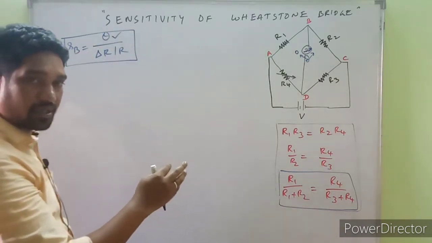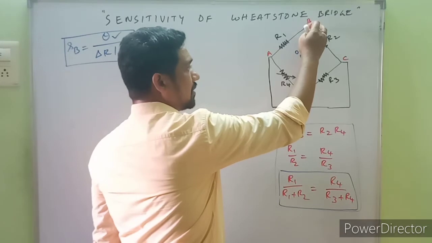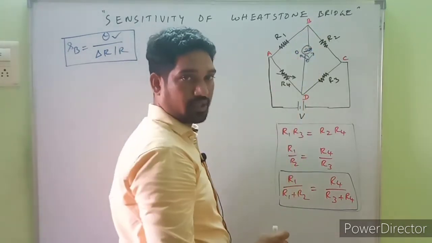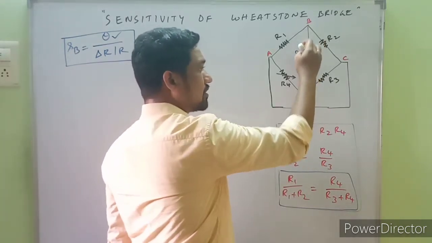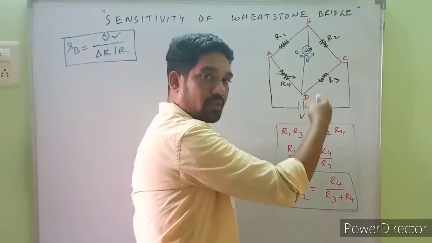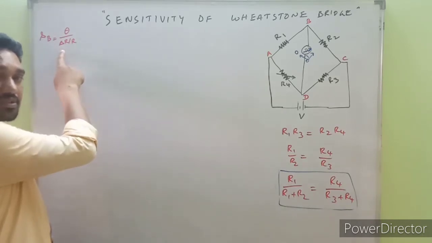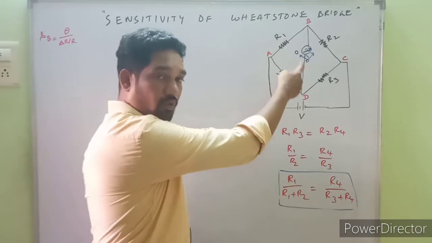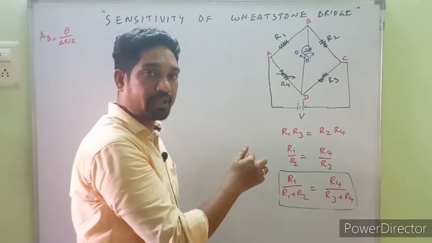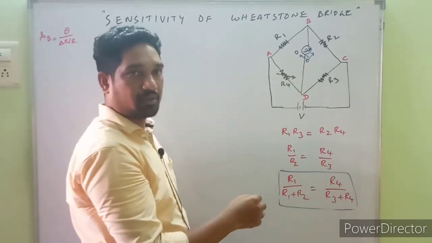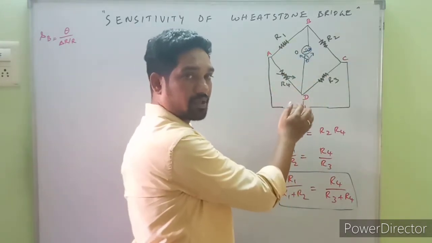During this process, another important point comes. The more the current flow, the more the deflection theta. As the current flowing through the detector increases, the deflection will be more. This theta in the equation of the bridge sensitivity has another form from this bridge. Theta is the deflection produced by the pointer of the galvanometer. When all four resistances are equal, there is no current through the galvanometer, and so no deflection.